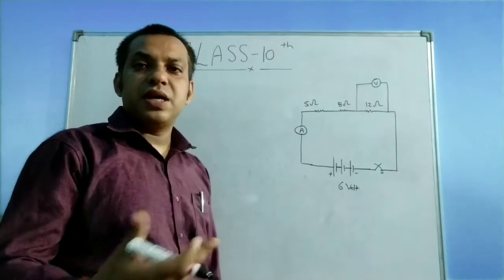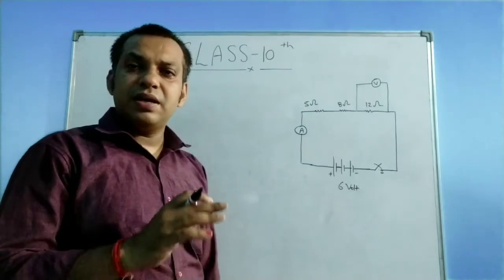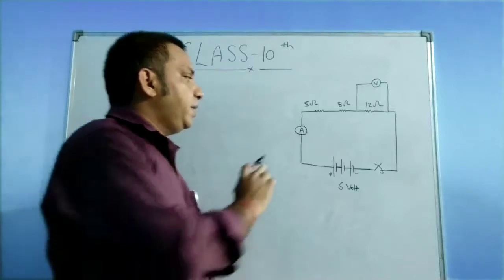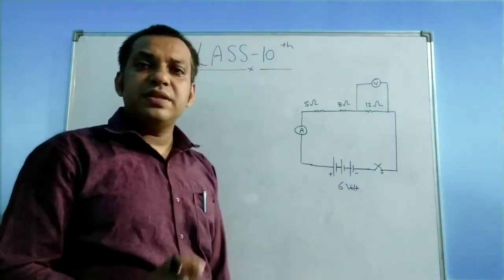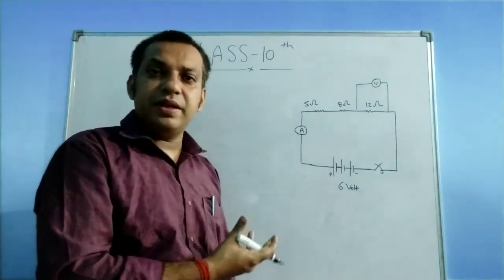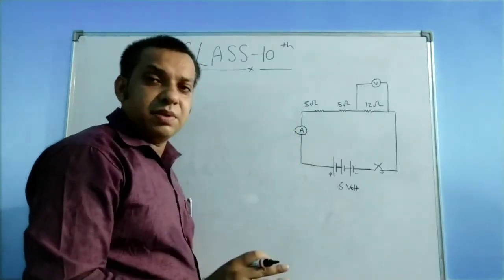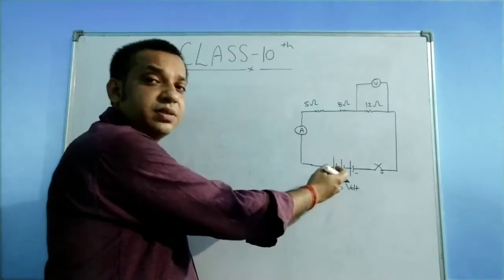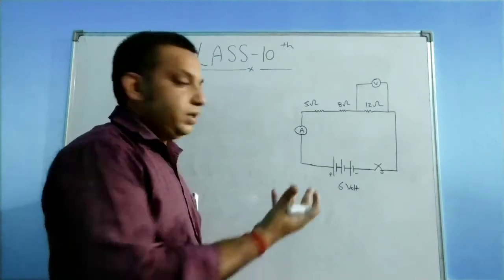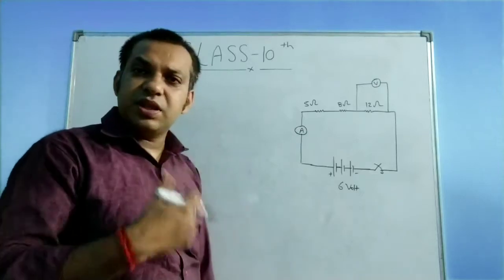A few students may ask, sir, why are we not connecting the voltmeter in series and the ammeter in parallel? This is not given in your syllabus, but I am giving you some clarification. See, the ammeter is a device whose resistance is negligible. Approximately, the resistance offered by the ammeter is 0. So whatever amount of current is supplied by the cell, the total current flows through the ammeter. Because the resistance of the ammeter is 0, there is no loss of current in the ammeter, because there is no opposing effect.